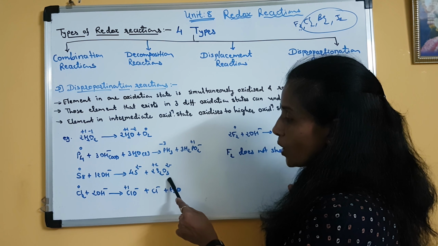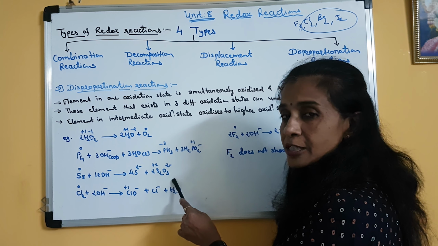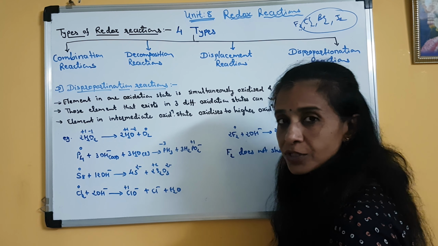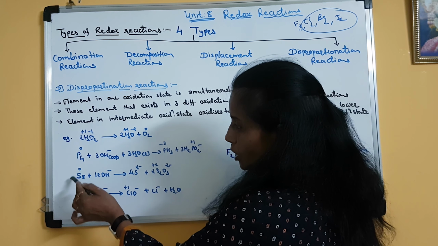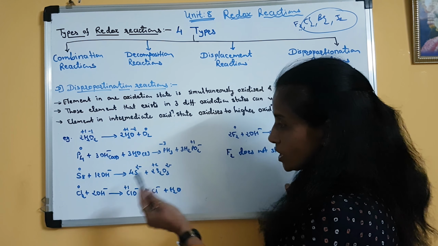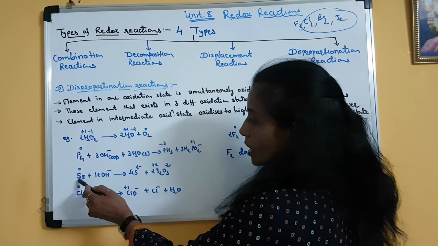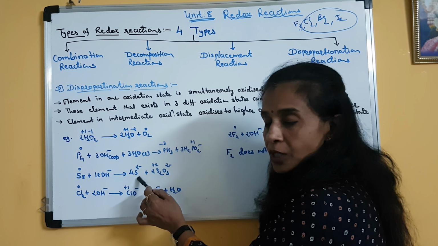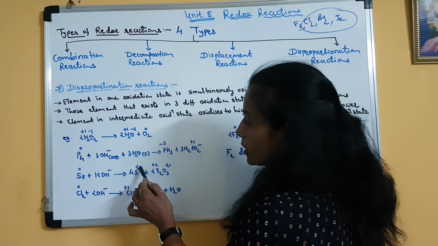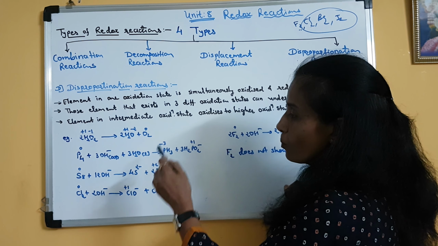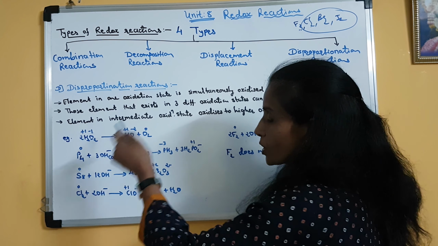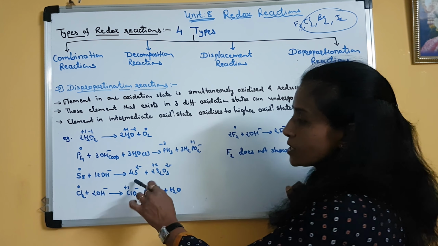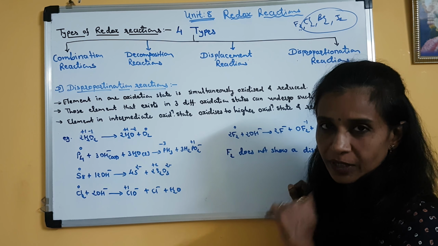When it is converted to S2O3 2- ion, which is a polyatomic ion, sulfur is in +2 oxidation state. So the same sulfur going from 0 to +2 means it has undergone oxidation. So sulfur is oxidized to +2 and sulfur is reduced to -2. So the same element is in three different oxidation states: 0, -2 and +2. Now 0 is the intermediate state between -2 and +2. So that intermediate state always undergoes oxidation and reduction simultaneously.